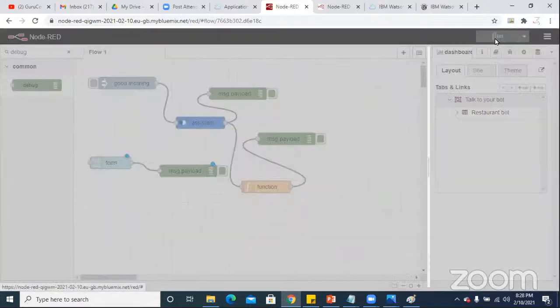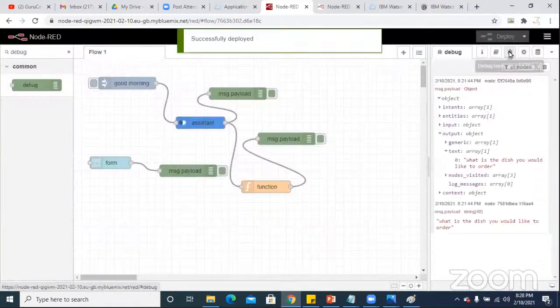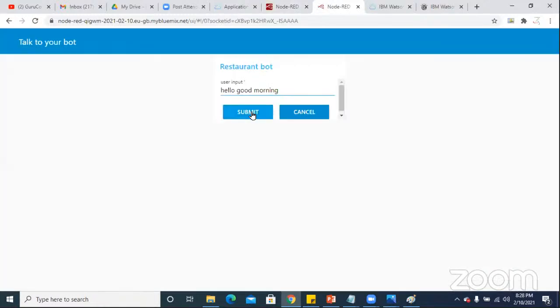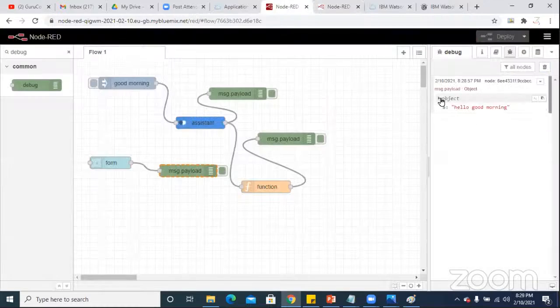Deploy it. Open the debug node. Delete the previous ones. Now here just type hello, good morning. Now come to the Node-RED. You find this statement is saved in a variable which is A, right? So you have to send the variable, the response in the variable A. So please copy the path,